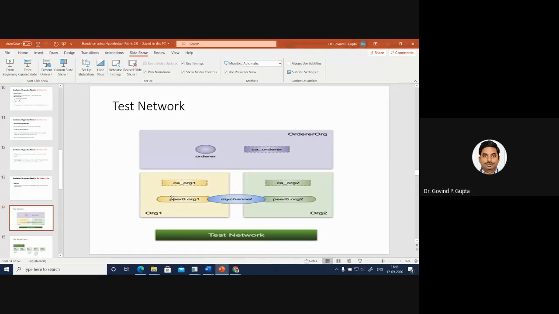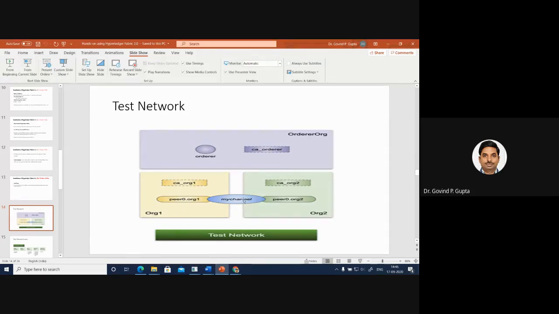Yes. So what we are going to show with the help of an example, I am going to create two peers. The first one is called org1, another is called org2, and in both organizations a single peer0 is attached. We are going to create a channel. The name of the channel is mychannel. With the help of this channel, both peers belonging to different organizations are going to communicate.